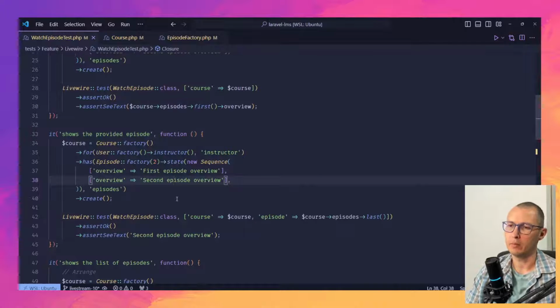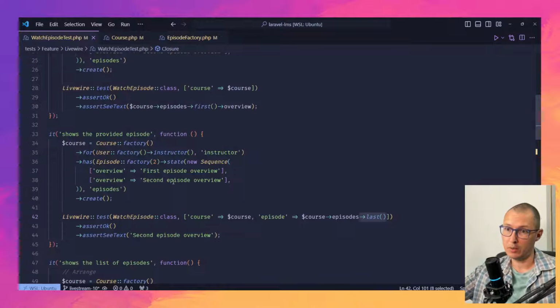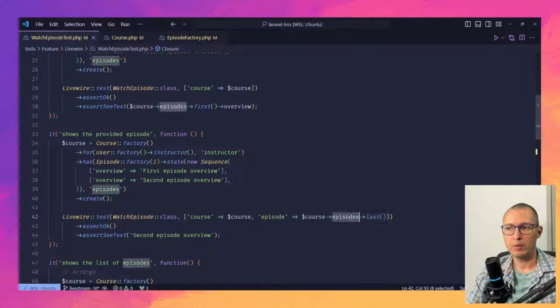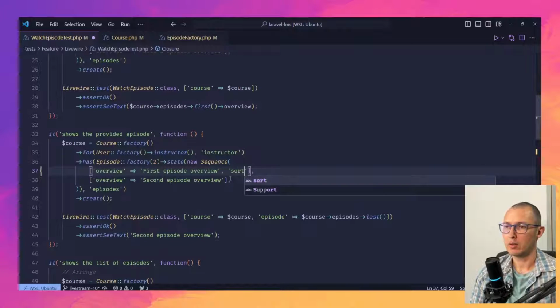Oh, I see. We're using last to get the last item, but it's not guaranteed that the second episode is going to have the highest sorting number, right? So when we return the episodes here on this list, the second episode could be the first, and we are specifically looking for the second episode overview here. So again, I think this is easily solvable by just introducing sort